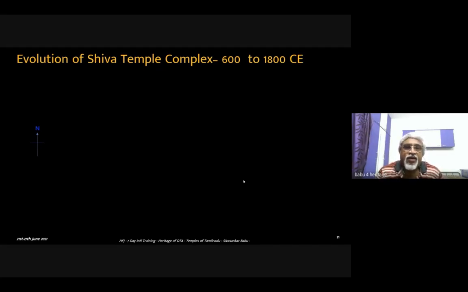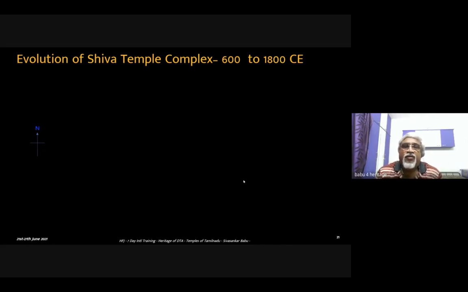To understand how we have gone through the evolution, yesterday we talked about three major building blocks of a temple. We talked about the Vimana, we talked about the mandapas, where people do all sorts of functions, and we talked about gopuras, which are entrance gateways to the temple complex, in line with the prakara or the wall structure.